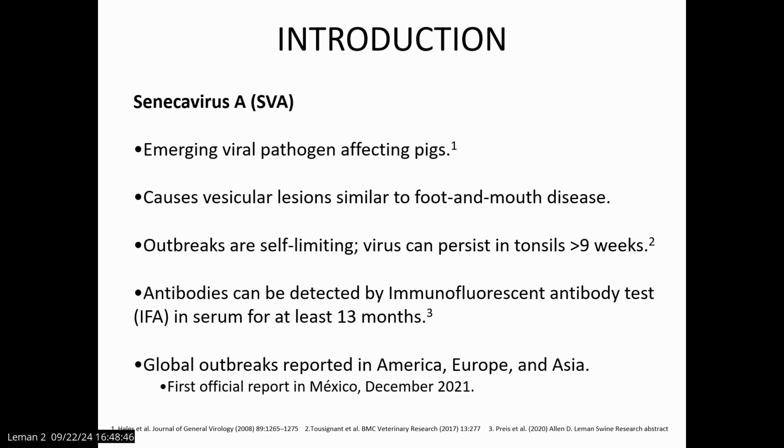As we know, Seneca is an emerging viral pathogen that affects pigs, often causes vesicular lesions similar to foot and mouth disease, and this leads to diagnostic misunderstanding, especially among those farms or companies that rely on international commercialization of pork. It's important to know that outbreaks of this disease are self-limiting, and the virus can persist in the tonsils for more than 9 weeks. Antibodies can be detected by IFAs in serum for at least 13 months,